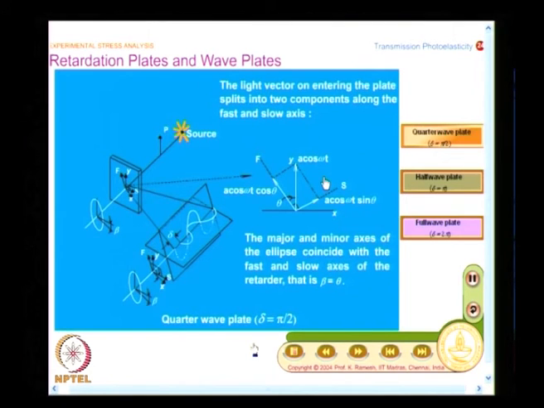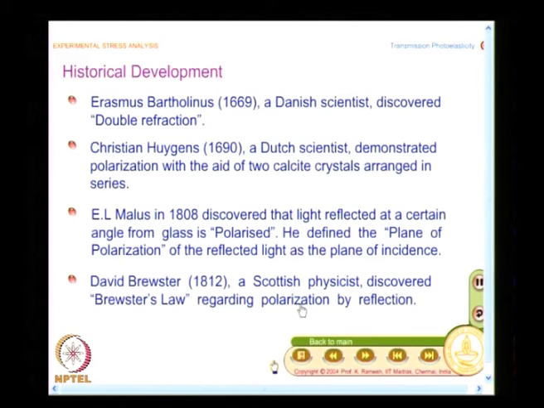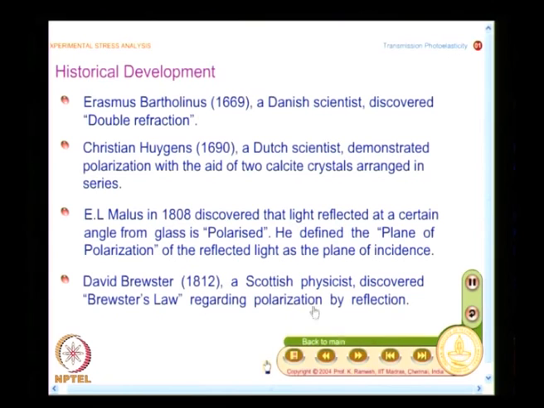And what is fundamental here? Fundamental to our photoelasticity is that I should get a plane polarized beam of light, and it is worthwhile to go back to the literature and find out how we can look at it. There is a large body of literature available, and there is a very nice development starting from 1669. See, we do all this quickly.